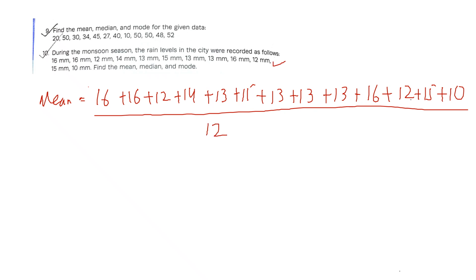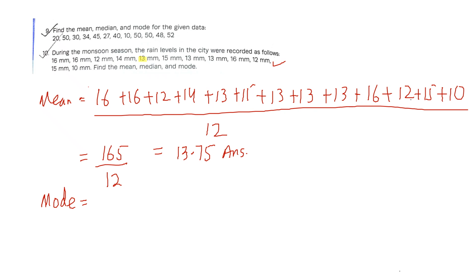Now when you add these, you will get 165, and you have to divide it by 12, and when you divide it by 12, you will get 13.75, and this will be the answer for the mean. Now to find the mode, you have to look at the data which is appearing the most, and when you look carefully, you will see that